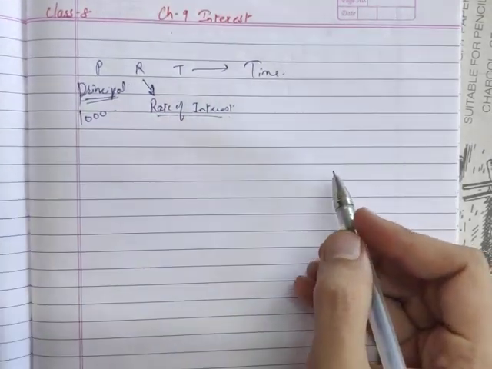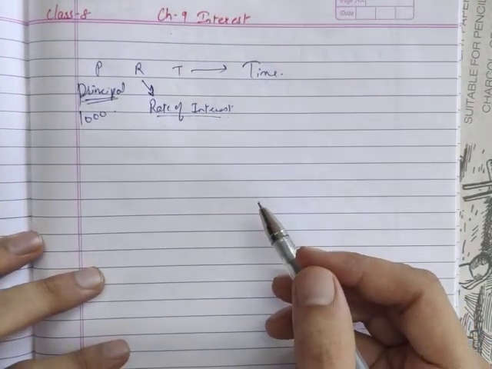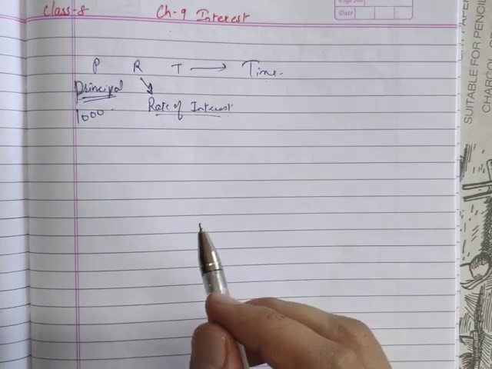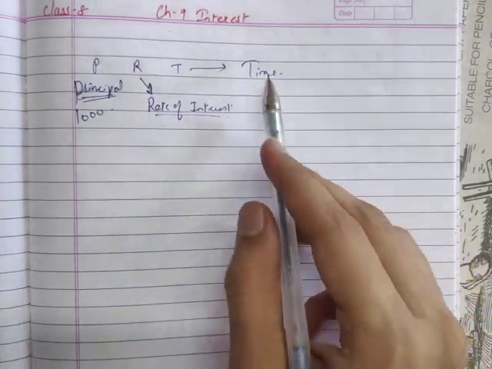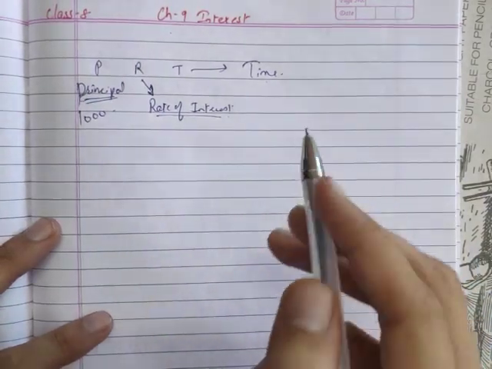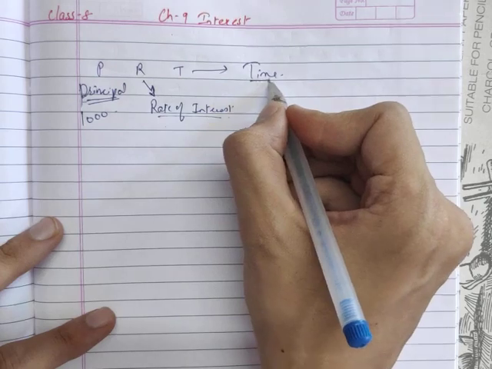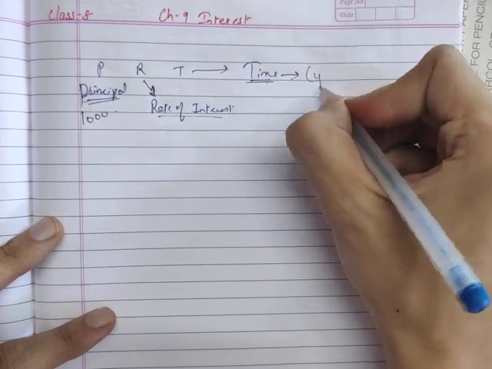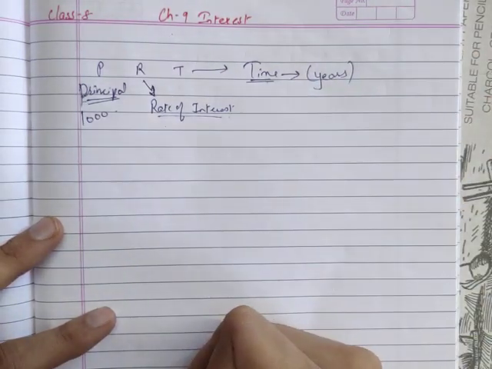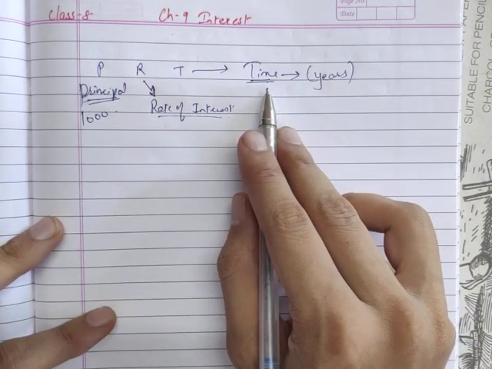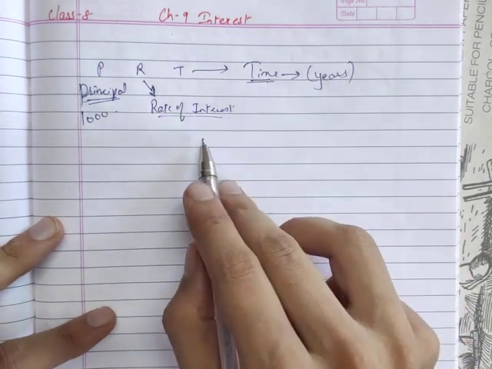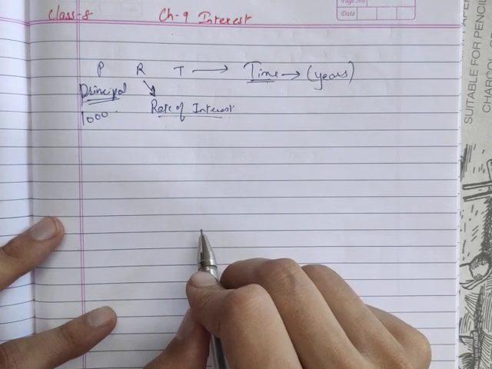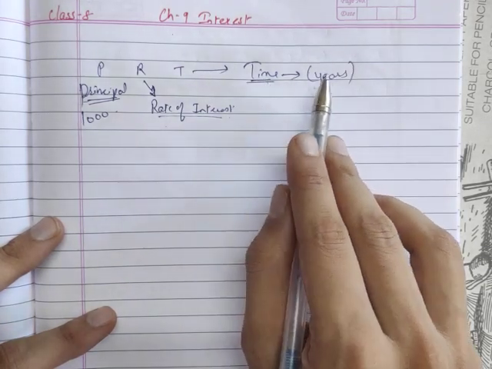Rate of interest, before this, let's come to time. Time is, if you say 3 months, yes, that is time. If you say 7 months, that is time. If you say 2 years, after 2 years I'll return the money, that is your time. But please note carefully that in our sums, even if the time is given in months, we will always try and make it in years. If the question says time after which money is returned is 1 year, 2 year, no problem. But if it says, for example, 6 months, you'll have to convert that 6 months into years.